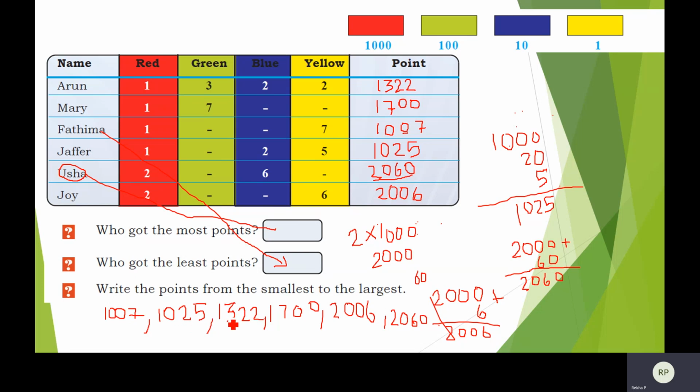Now in the next two, the hundreds place is different. Which is having the least value? 3 is having the least value in the hundreds place. So now the next is 7. Now this one again, in the thousands place it is 2, both are the same. You check the hundreds place, that is 0, both are the same. Now you check the tens place, which is having the lesser value? 0 is having the lesser value. So that came first if you arrange from smallest to largest. You have to do the reverse if you want to find out from largest to smallest.